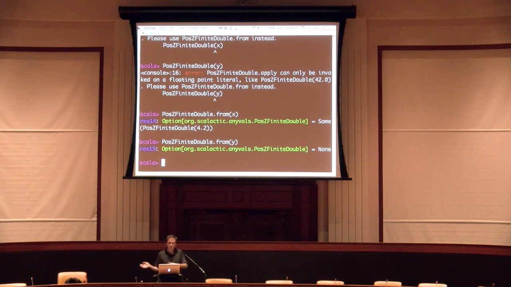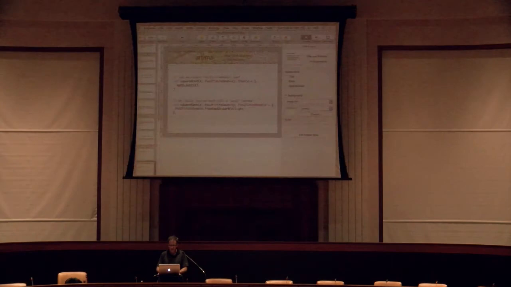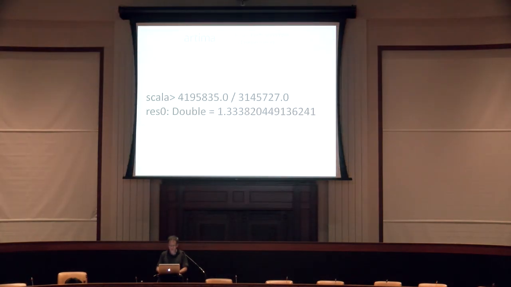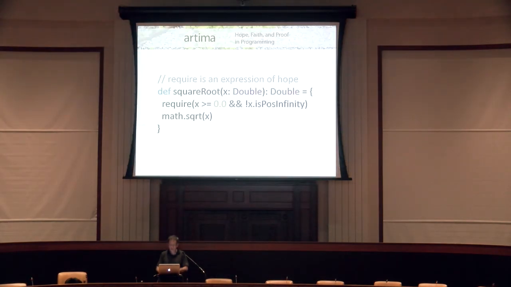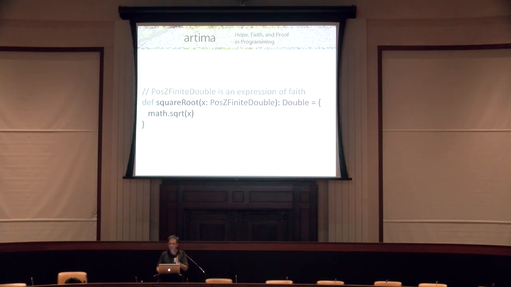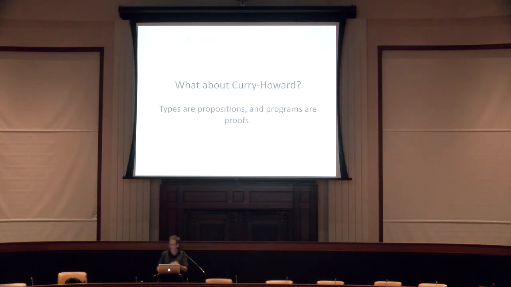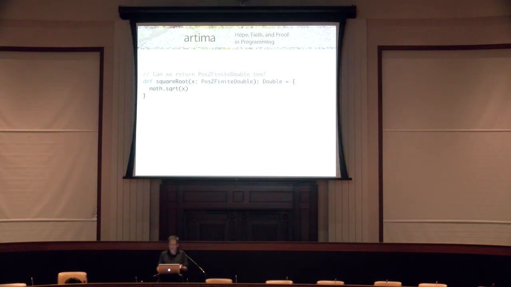And I didn't want to just move the problem by taking away the require, because that's what we did here. We took away this require when we added the PosFiniteDouble, right? Here's the require, and then I took it out. So I don't want you to be able to get an exception when you create a PosFiniteDouble, because I would just have moved the problem, right? So I was trying to be idealistic, and I didn't give you a method to make an exception. I gave you the from method that would give you an option back.